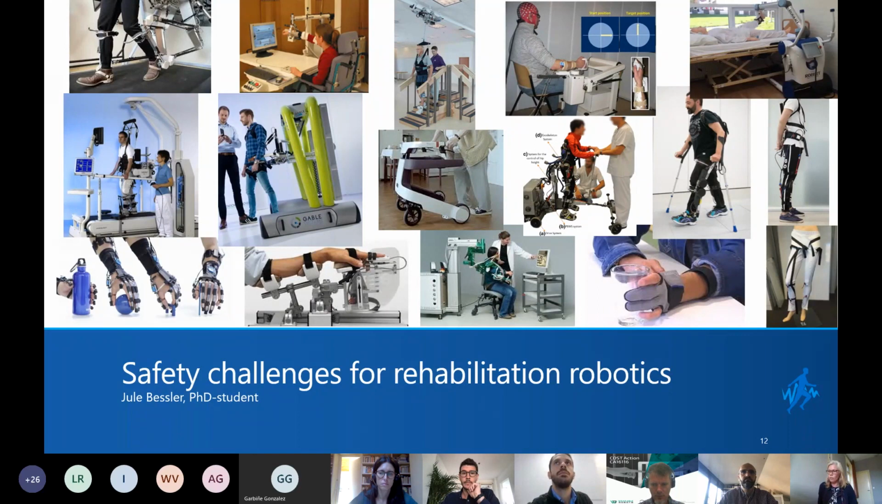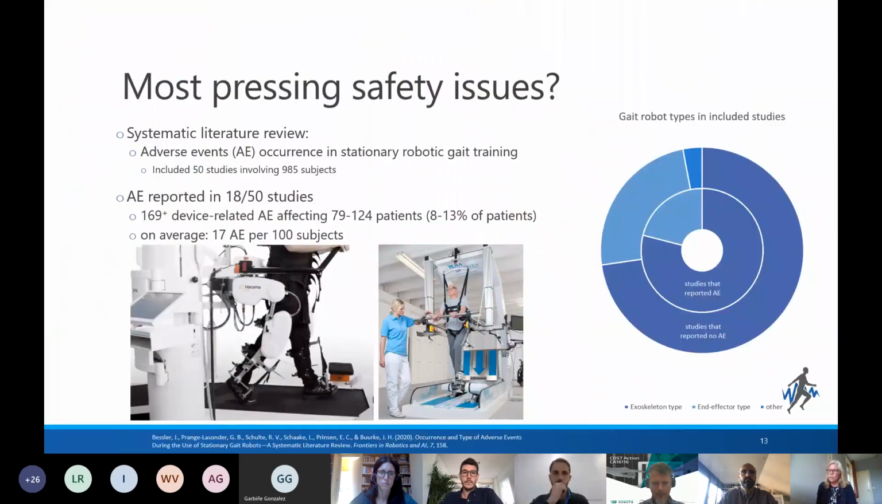So I want to highlight a few of the things she did, just to give you some idea of gaps that are still there and ways that we are trying to address those. She started off with a systematic literature review to find out what actually the most pressing safety issues are at the moment. We looked, in this case, at stationary robotic gait training applications, and we looked at adverse events